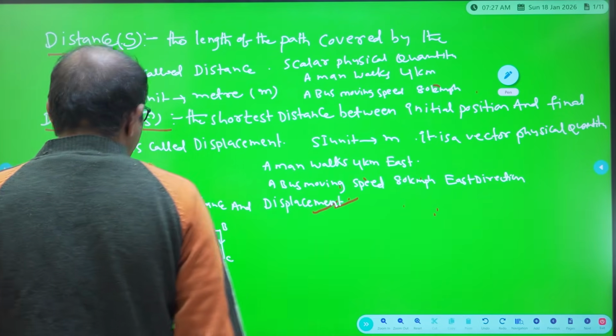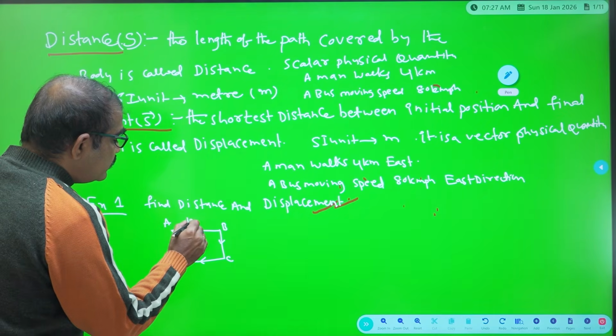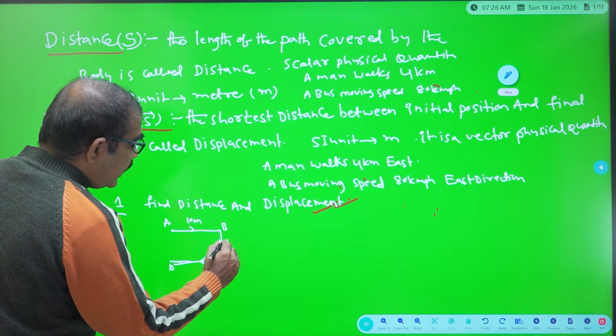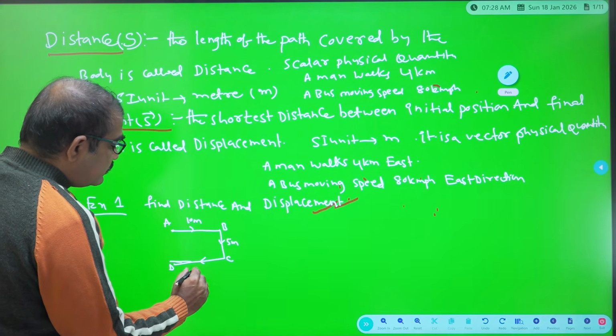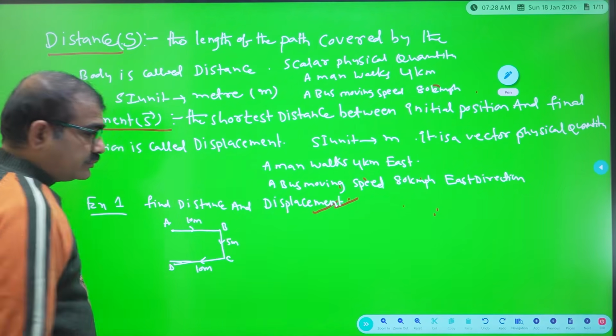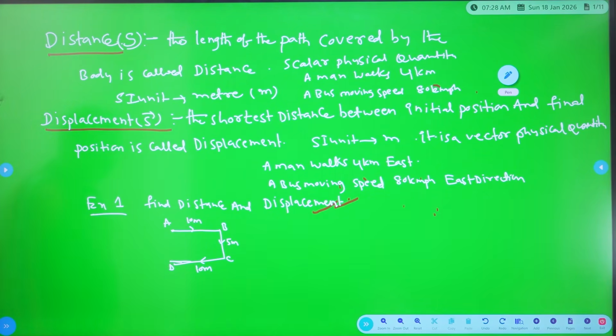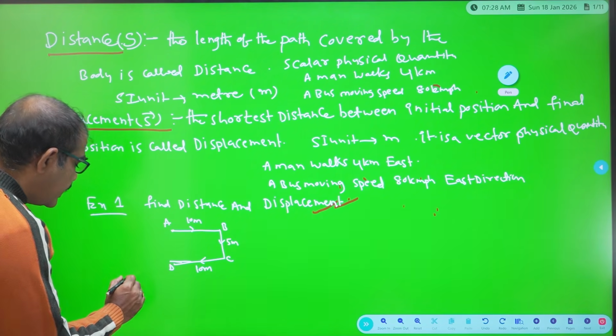Now, for example, A to B, 10 meter, B to C, 5 meter, C to D, 10 meter. Now, what is the distance? Distance is equal to